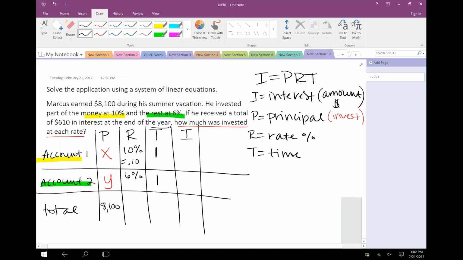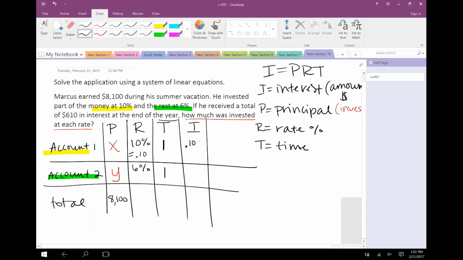So this interest expression would be P times R times T, which would be X times 0.10 times 1, which is just 0.10x. I equals P times R times T. So we did P times R times T to get our value here. And then the same thing for the second account. P, which is Y, times the rate, which is going to be 0.06, times the time, which is 1, going to be